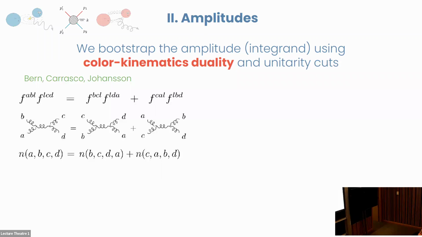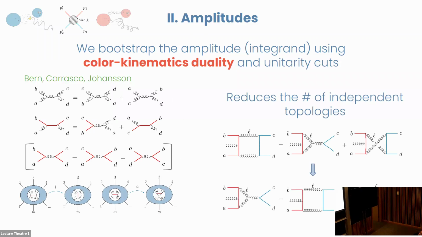Yeah, I won't go into why you can do that, but you can do that. And here I'm just showing you a 4-gluon example. It's fairly simple, but you can do this for amplitudes where you also have massive particles. So the red line here is just some massive scalar. And this is essentially just rewriting the commutation relation of the color factors of these graphs. And in some cases, if you treat your massive states carefully, you can even have these relationships between 4 massive state amplitudes.